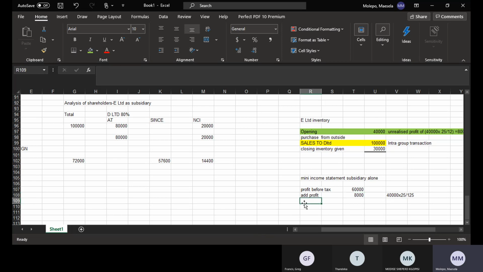Then we less unrealized profit. So this one is the realized one, because the inventory was now sold to the parent. But this one is less unrealized profit because this one is not yet sold to the parent, which represents the 50,000. When you check the closing inventory of a subsidiary, our subsidiary is having a closing inventory of